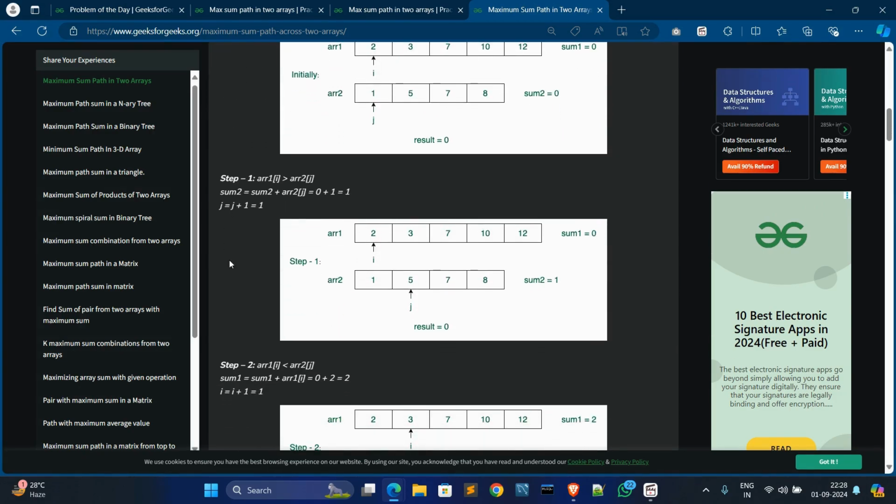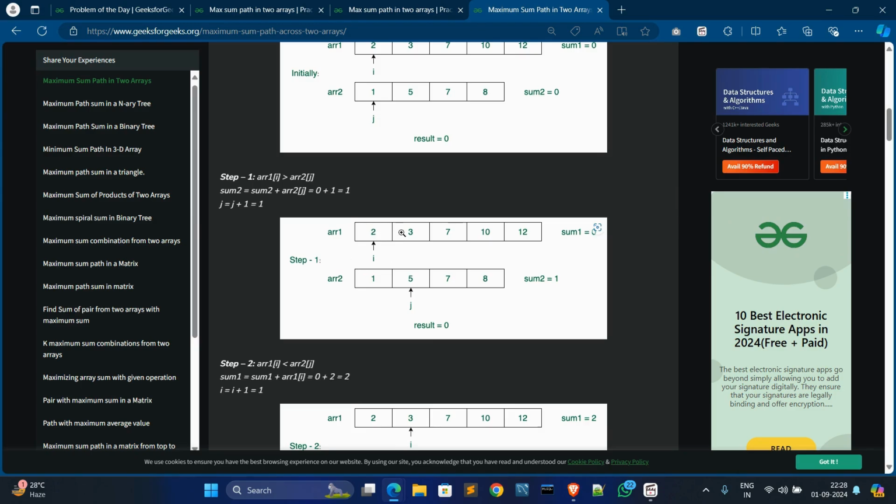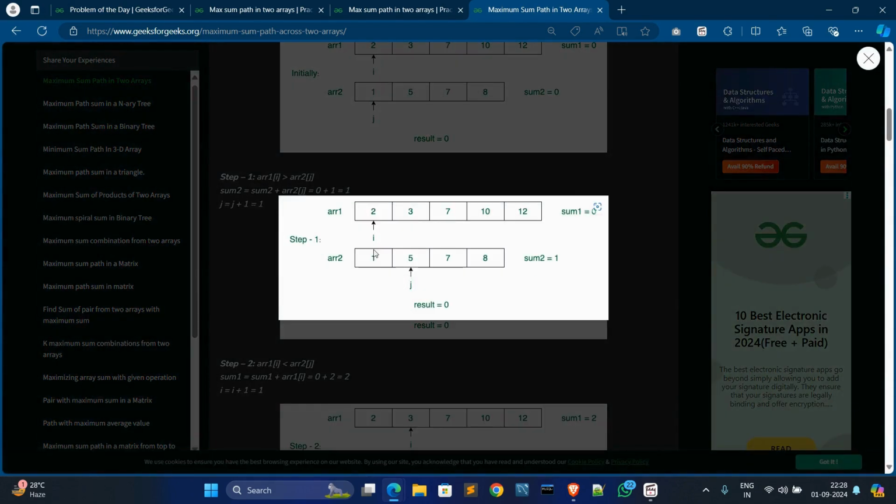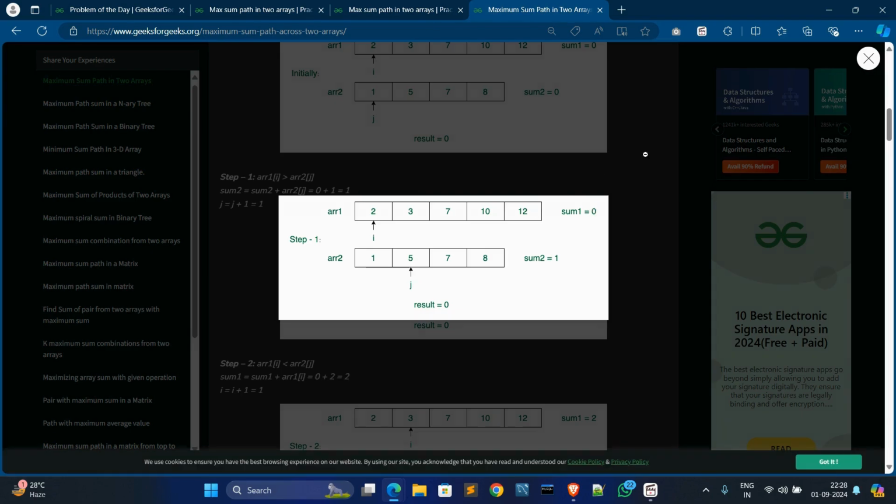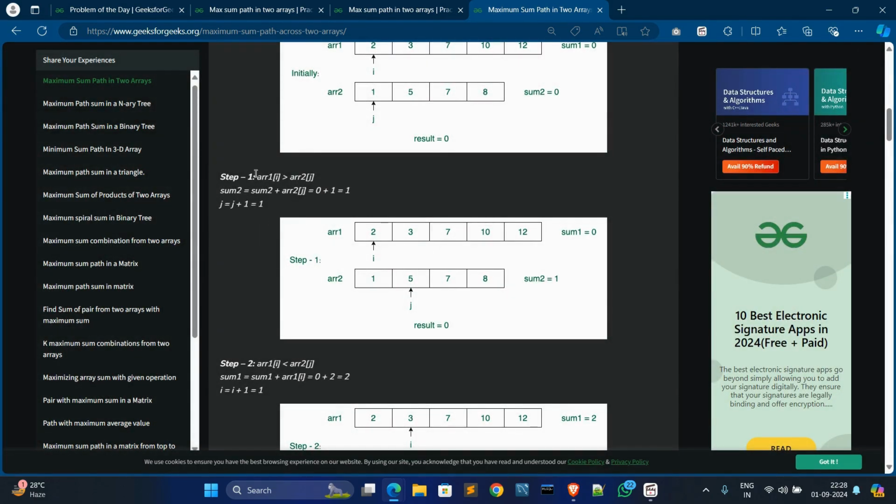Then in step 1, we check the array 1 first element, which is 2. This 2 is greater than the array 2 first element, which is 1. So our condition is array 1 greater than array 2, and now sum2 plus array 2: 0 plus 1 is 1, and j plus 1 equals 1.